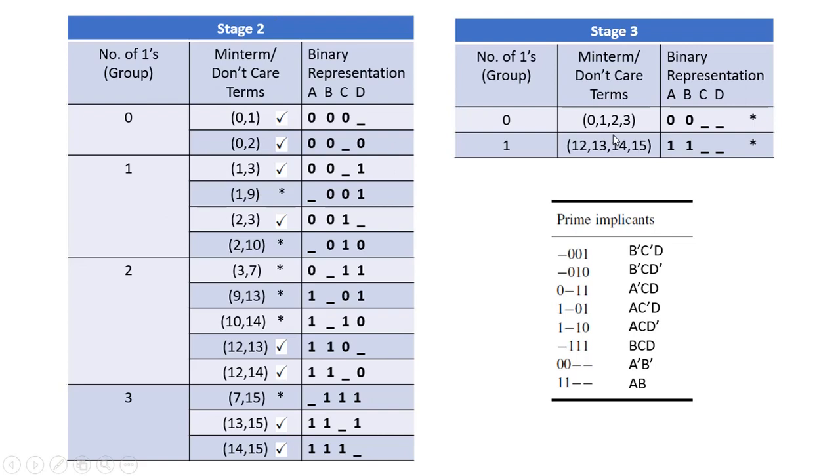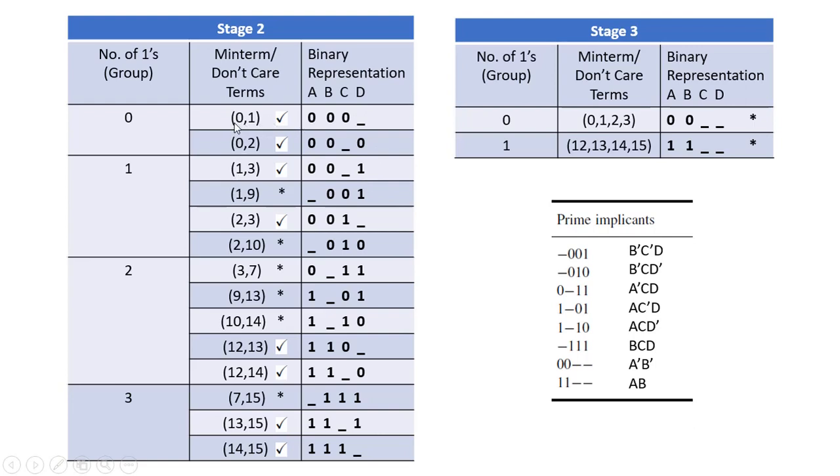Now we will do the comparisons between two groups. For this group 0, we have to do a comparison between group n and group n plus 1 only. So this can be compared with this only. So this 0 1 will be compared with 1 3. So 0 1 and 1 3, 0 0 0 0, it has a two bit difference, 0 and this dash is also a difference. Then dash and 1 is also different, so two bit difference is there, so we will not take this.